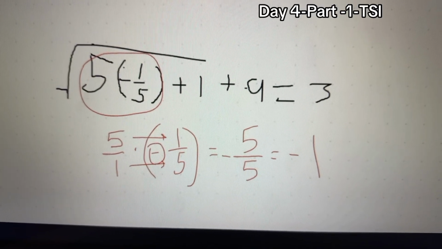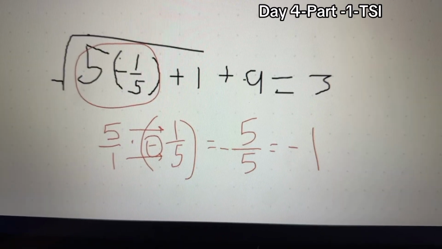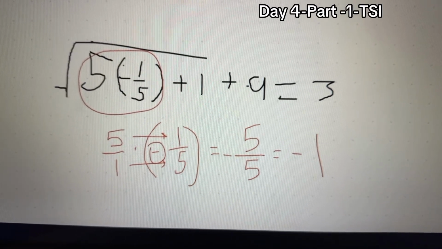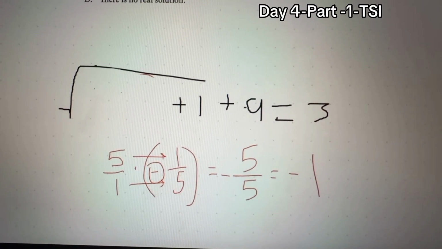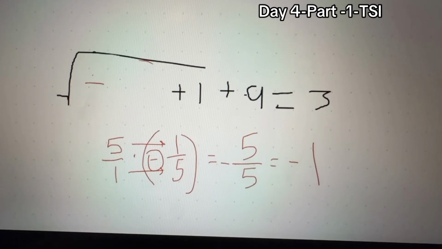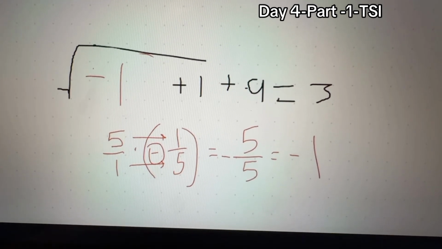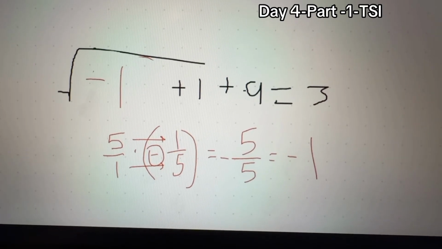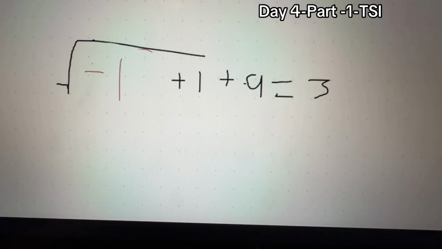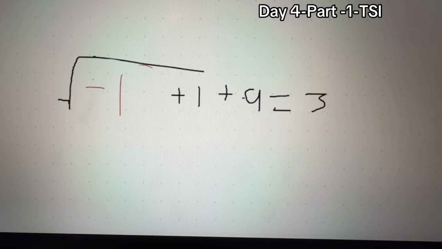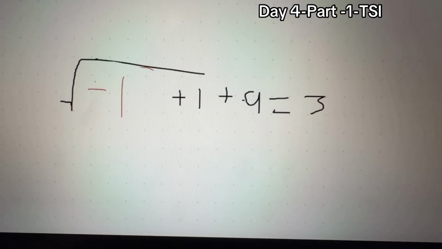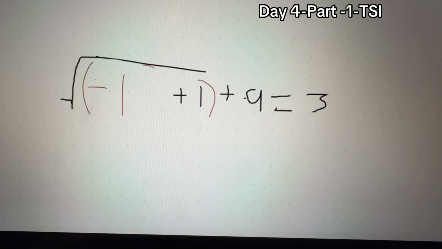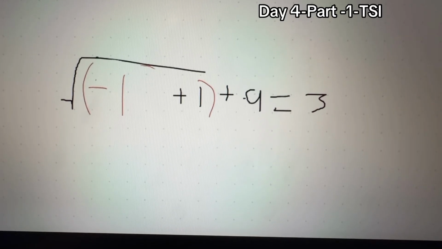In fact, let's just replace that. I'm going to clear it a little bit. We'll just plug in a negative 1 in this place. So we've got the square root of negative 1 plus 1. What is negative 1 plus 1? We're still taking care of what's inside the square root sign. It's sort of understood that there are parentheses inside the square root sign. That's going to be 0. So that's the square root of 0